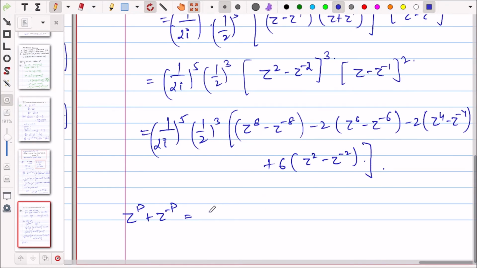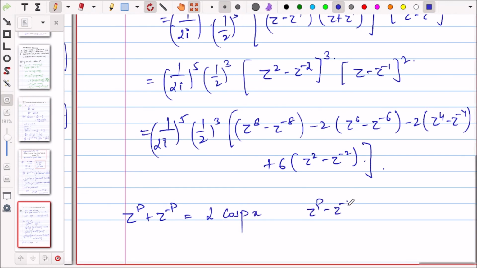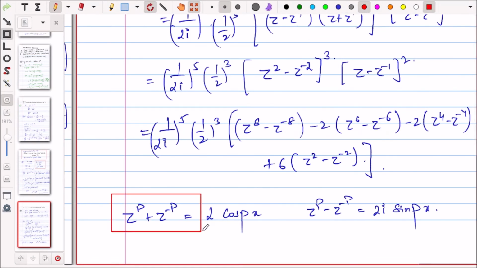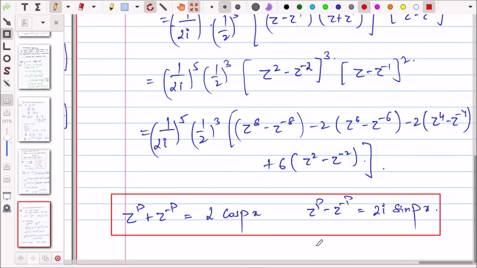So you get it as 2 cos px. ठीक है, and this zp minus z minus p is 2i sin px. So we will use this formula, these two formulas. ठीक है, एक दो क्वेश्चन प्रैक्टिस करोगे तो बहुत इजी होगा ये. ठीक है, सिंपली पुट दिस हियर, सो यू गेट